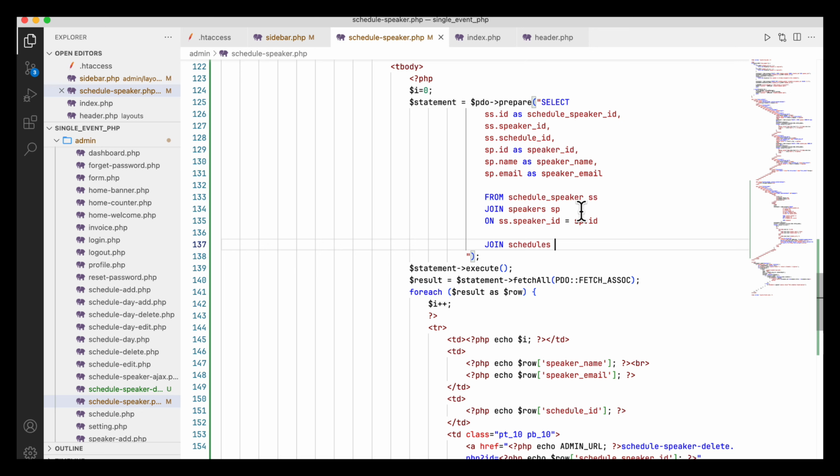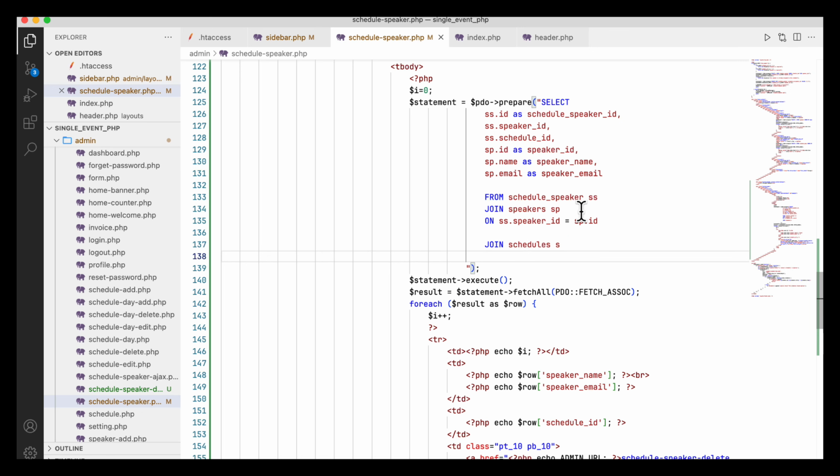And for the schedules table, what name can I give here? Only yes, I can give here, no problem. So schedules, and here I am going to use this one. For schedules, SC is a better option, I think. So SC, speaker SP, schedule SC. Okay, that's good. So in the speaker schedule table, I have the schedule ID,